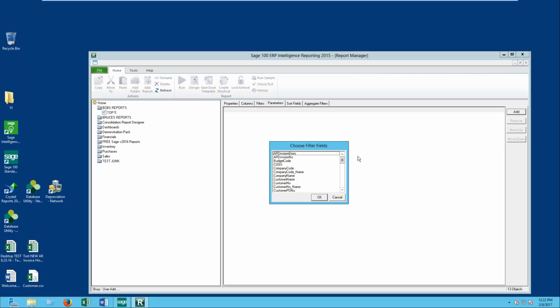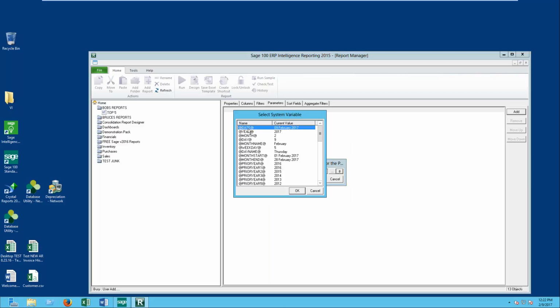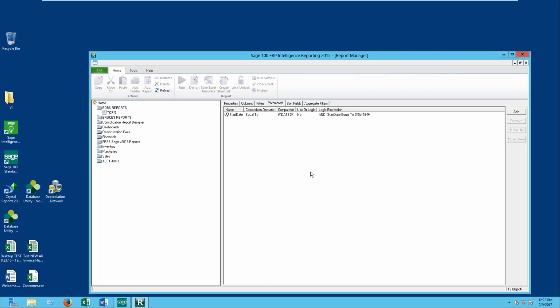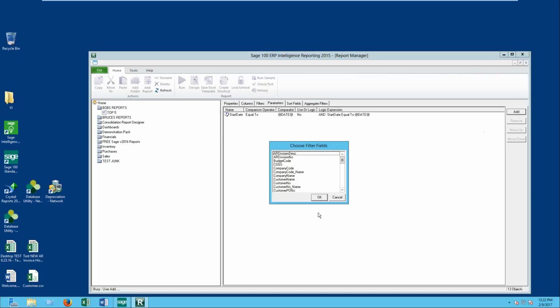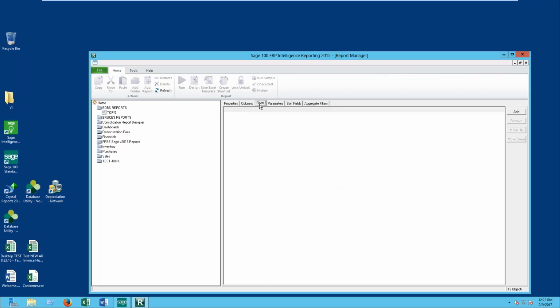So what we're going to do here, we're going to hit the add button, and we're going to tell it the start date. So these are all predefined. If I come down here to the start date, I'm going to tell it that you are equal to the parameter date, meaning I'm going to give it a date, and then I'm going to also give it an end date. So this is going to help me put in my date range for this report. Pick that same variable, say OK,